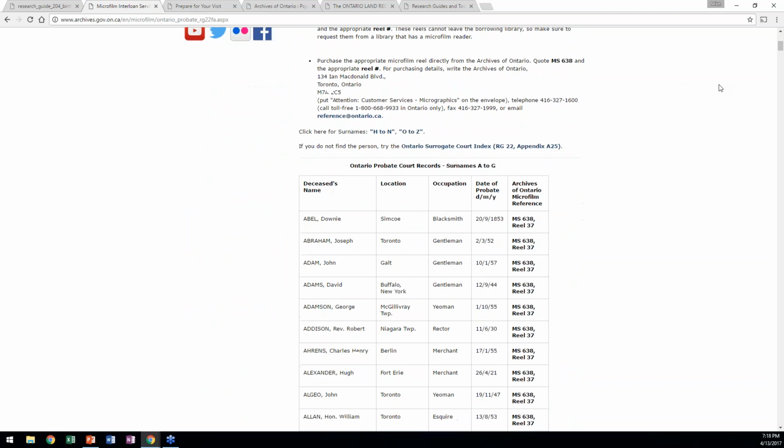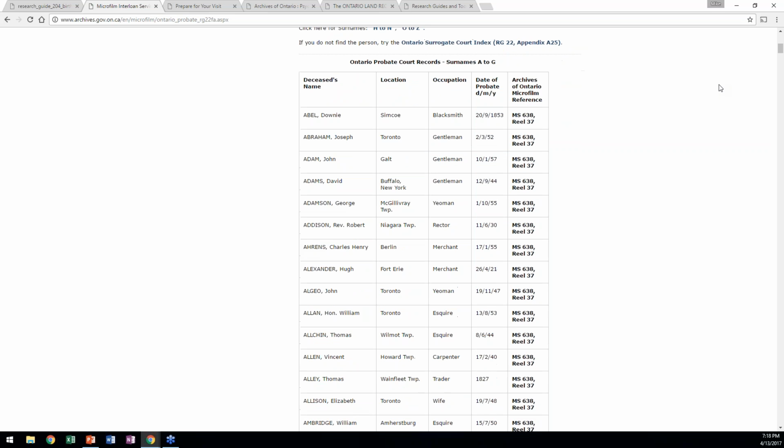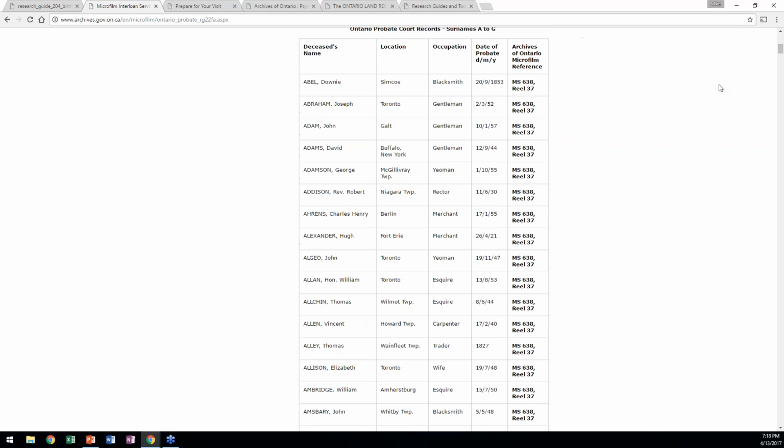But I know there are some records here where they actually put the people's names on the website. So I'm looking for Joseph Abraham, who is in Toronto, whose occupation was a gentleman. The date of probate was 1852. That is the microfilm I'm going to look for: MS 638, Reel 37. So this helps to guide you right to that point. If you don't find your person in here, that is quite all right,